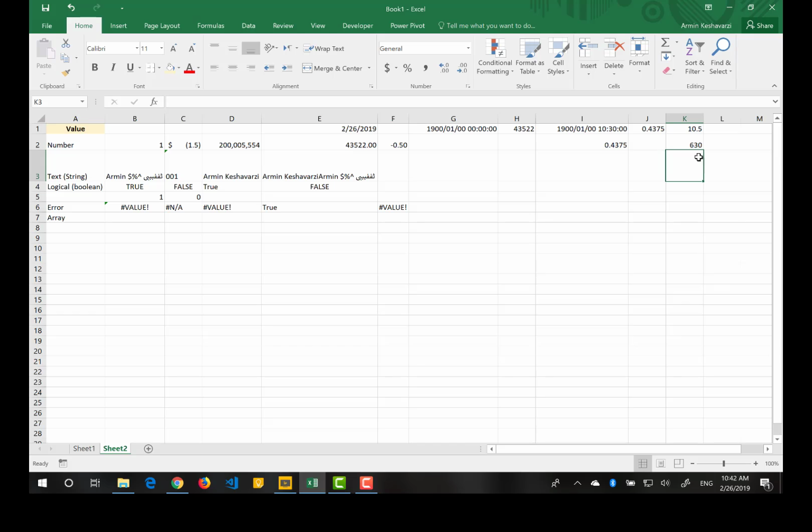So it shows me 630 minutes. If I want to have the hours, I have to multiply that by 24, and if I want minutes, I have to multiply this one to the hours first, and then multiply it by 60. So these are the formats. Now you understand the different formats that Excel shows us the value, and the different values that Excel will